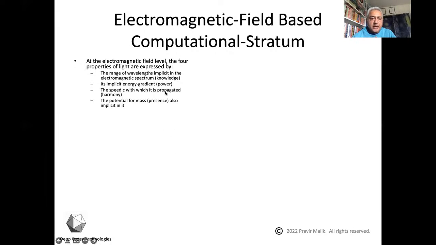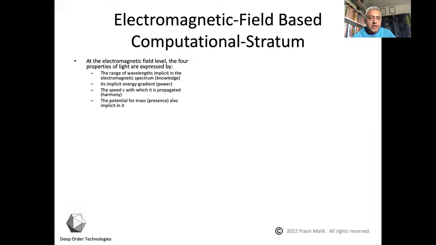And here there's a mapping proposed whereby the range of wavelengths implicit in the electromagnetic spectrum, which therefore suggests an archetype of many different possibilities of behavior, is the vehicle for what we may call light's property